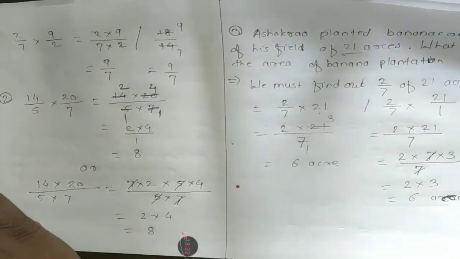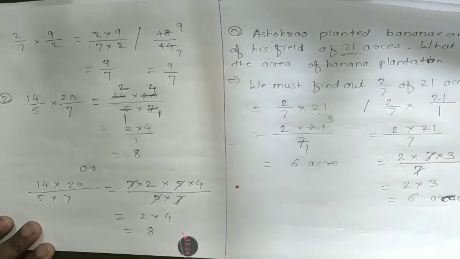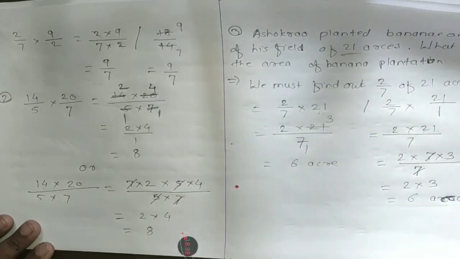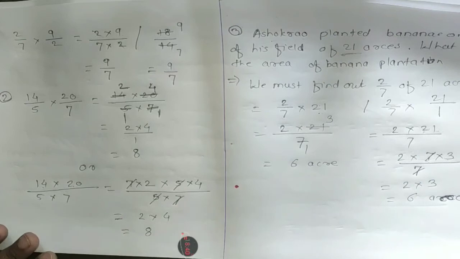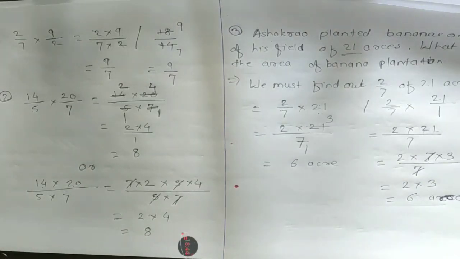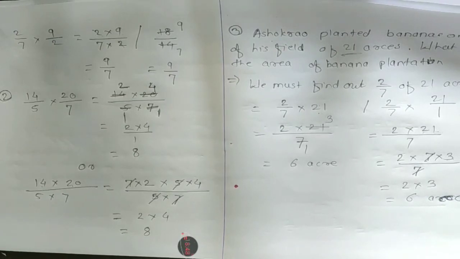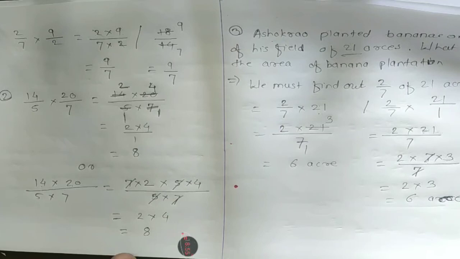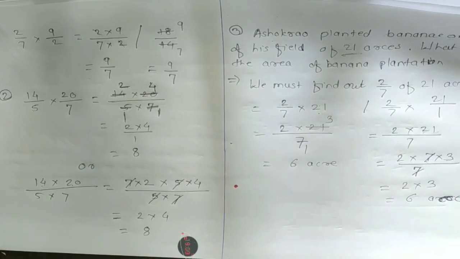Now the next word problem is there in your textbook, and it is a hot question. A star mark is given there. So it is a hot question, meaning you have to use your brain whenever you are solving this question. See in your textbook: of the total number of soldiers in our army, 4/9 are posted on the northern border. 1/3 of them are posted on the northeastern border. And if the number of soldiers on the northern border is 5,40,000, then how many are posted on the northeast? That is the question, and it is a use-your-brain-power question.